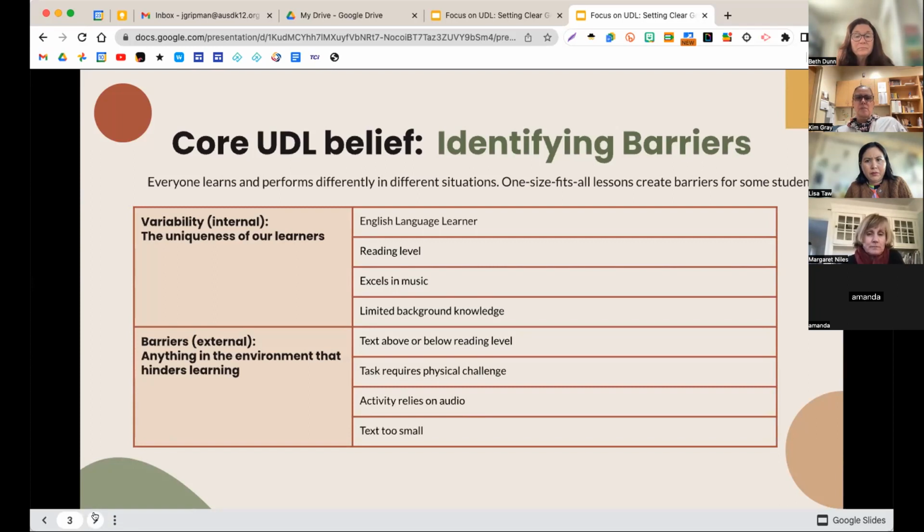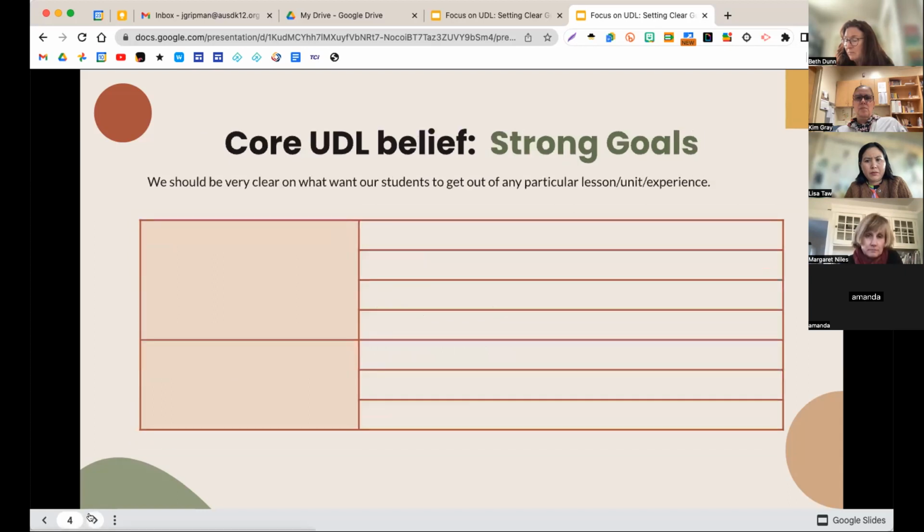So again, we've got two different things. We've got the internal part, that's your students, and we've got these external things that are creating barriers for them. So that's really important to think about as you then go into this second belief, which is that